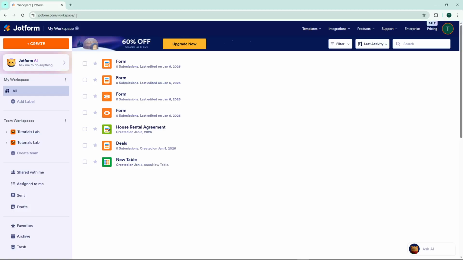Welcome back, everybody. Today, I'm going to teach you how to manage assignee permissions in Jotform. This is incredibly useful when you're working with a team and need to control who can submit, view, or edit